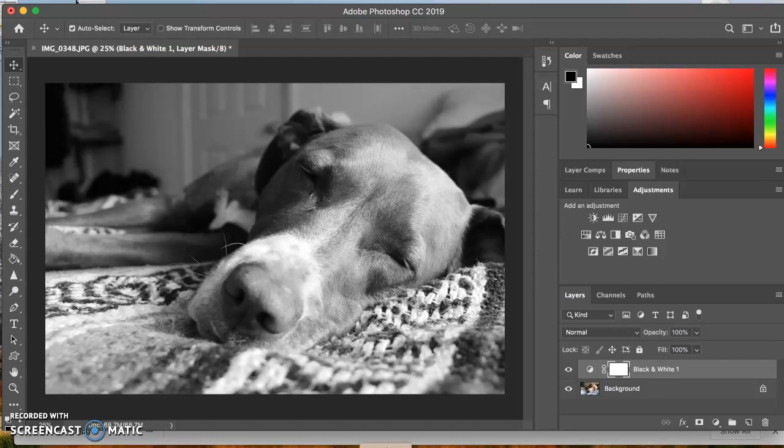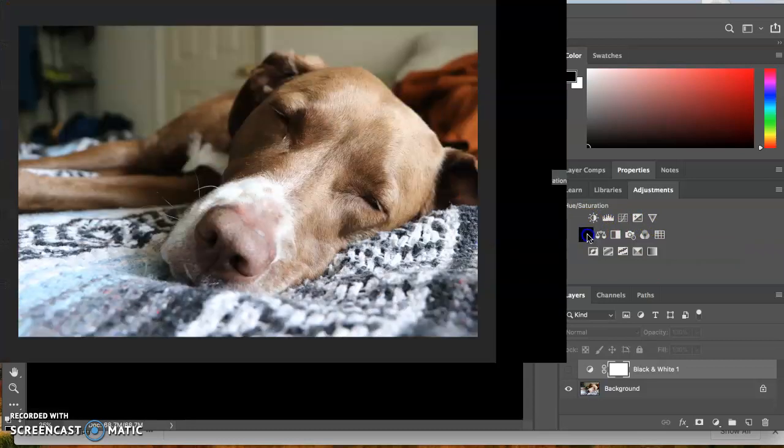I'm going to actually delete this and show you the other way. You guys do not have to delete this layer. I'll just make it invisible. And that way we can see all the different adjustment layers that we have. Cool. All right, so the other way to do this, I'm going to open up the hue saturation